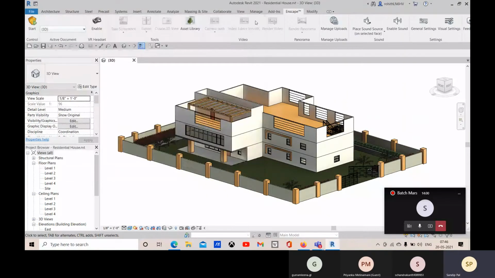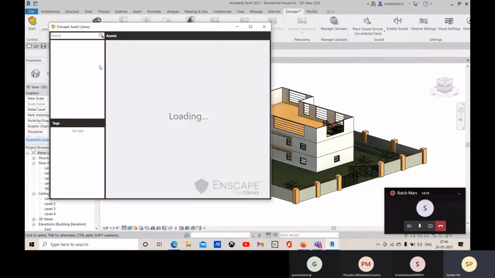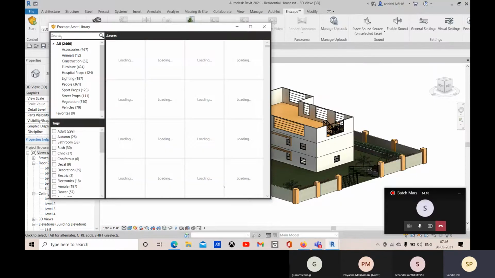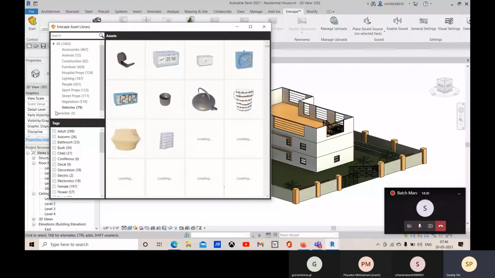Now you can go for this start option, and before starting it, let me place some assets from Enscape. So come to this asset library, and there you will find all the assets, and also you can search for any particular asset like vehicles or cars. You can search for cars. So here we have all the list. So here you can click. Just a second, it takes time to load.